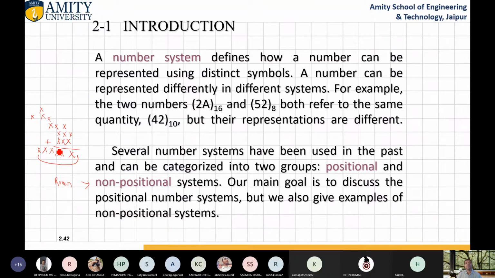It is only used to represent sections, like section 2.1. And in the positional number system, like 30 plus 30, we calculate: 0 plus 0 is 0, 3 plus 3 is 6. So this is our answer. And one more, 179 plus 179: 9 plus 9 is 18, remainder is 8 and carry is 1; 7 plus 7 is 14, plus 1 is 15, again carry is 1; and 1 plus 1 plus 1 is 3. So 358. This is the beauty of the positional number system.